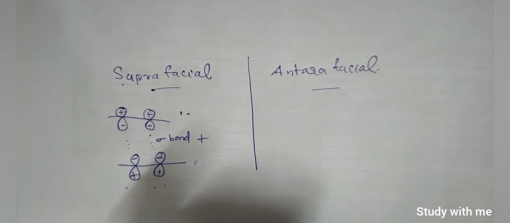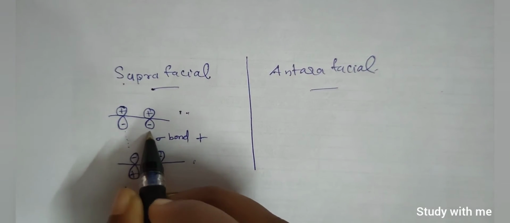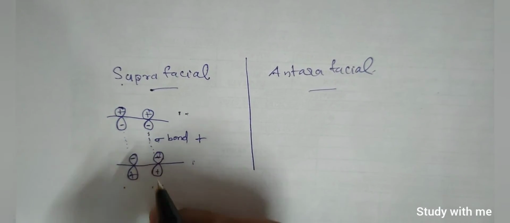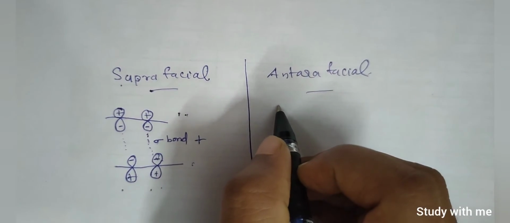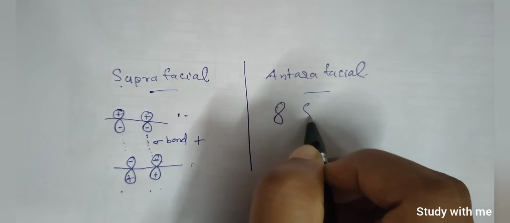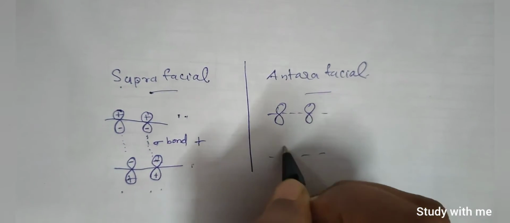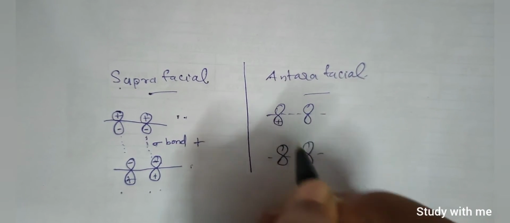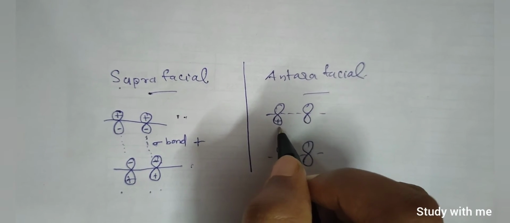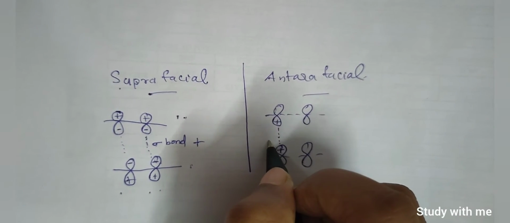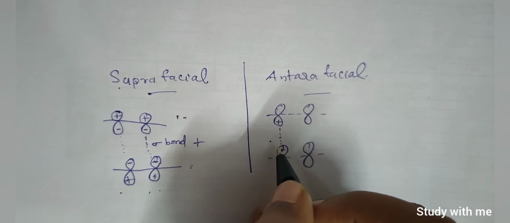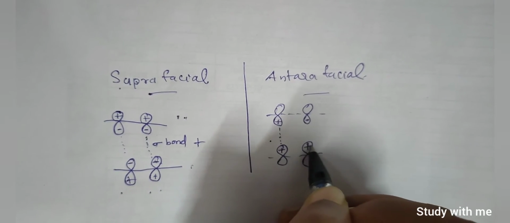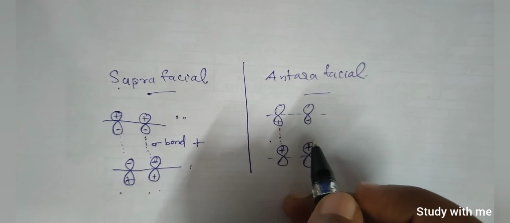And the next type of bond formation is this. So if the same type of signs are here, then it will make a sigma bond. In the next case, the antarafacial, it will have two molecular orbitals like this, and one of them will have a different sign. The first one will have the same sign, so here we can have a sigma bond. The bond interaction will not have any problem, but here it will have a negative charge and this will have a positive charge. So then how can we form a bond?